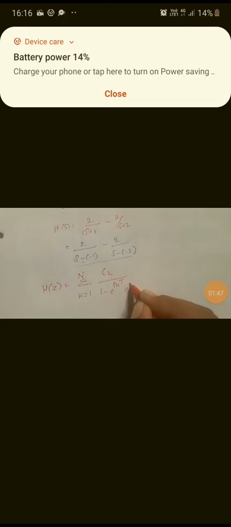So for finding the transformation, H(z) by impulse invariance is the summation of k equal to 1 to N, c_k divided by 1 minus e power p_k T into z inverse. So here the s minus thing, it is the p_k's. So we have p1 equal to minus 1, p2 equal to minus 2. So the c_k's, c1 is equal to 2 and c2 is equal to minus 2.